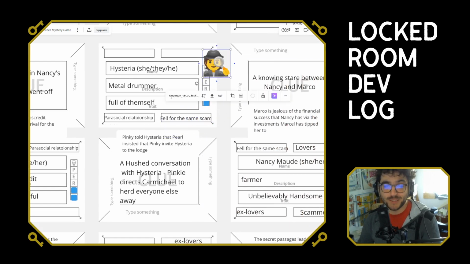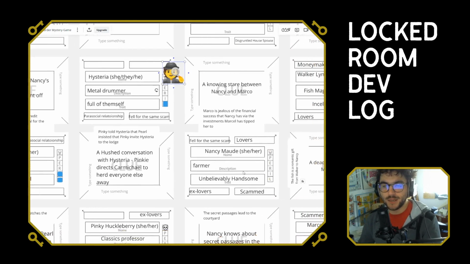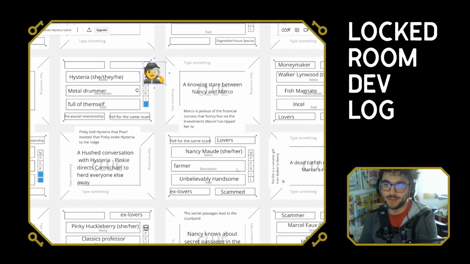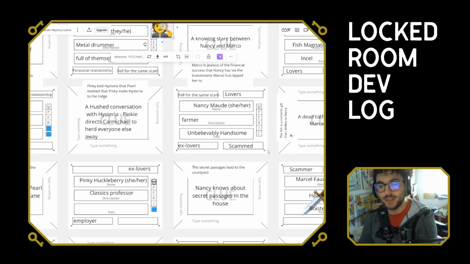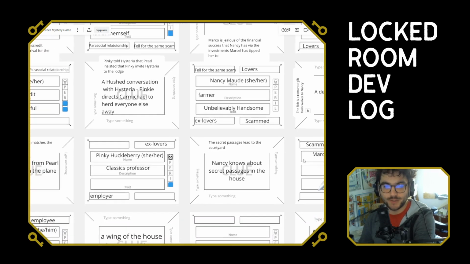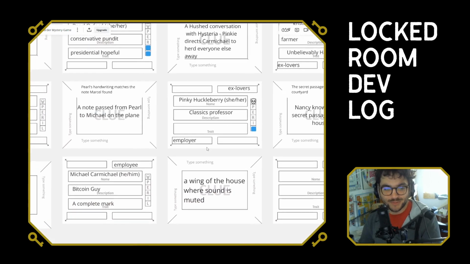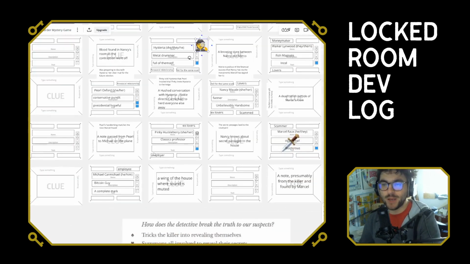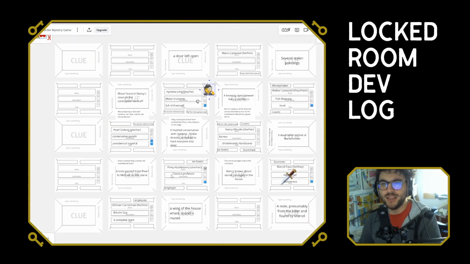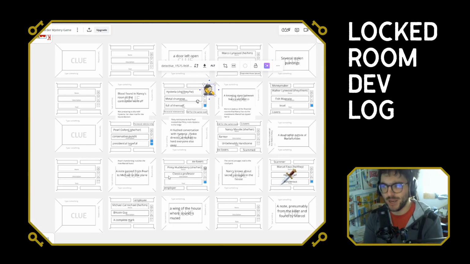But Hysteria also fell for the same scam as Nancy Maud, the farmer, who is unbelievable. That farmer, Nancy, is lovers with the fish magnate, got scammed by Marcel Foe, is ex-lovers with Pinky Huckleberry. Pinky Huckleberry employs Michael Carmichael. You get this big web of characters and start to get a feeling for why a murder is going to